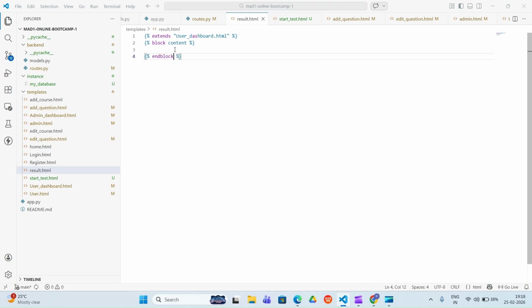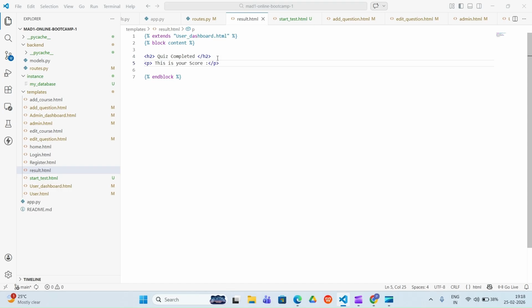Okay, and then we'll come in between, and now how the result should show. We can write into the heading part that this quiz is completed and this is your score. So kind of that we are going to write. So what we are going to write is quiz completed. And then we'll write here this is your score. You can write in your paragraph that this is your score. So kind of that you can write it.